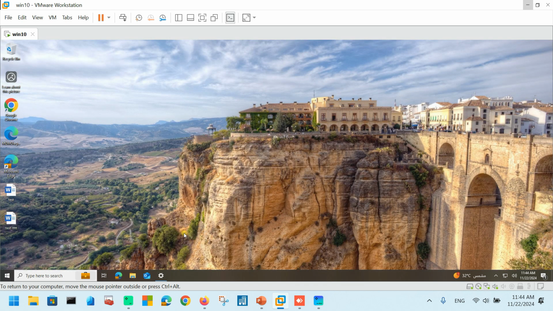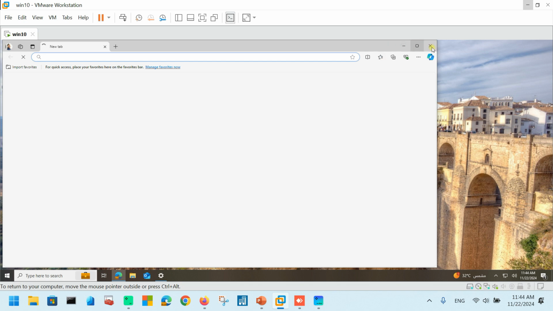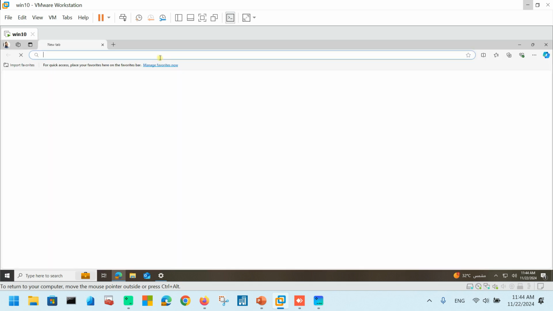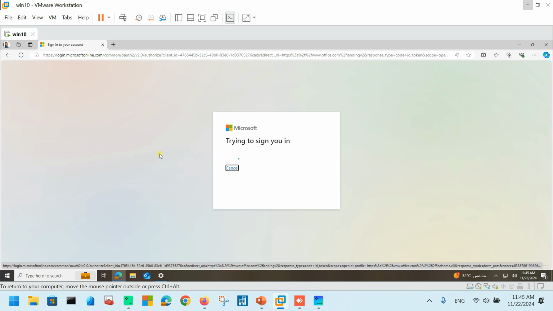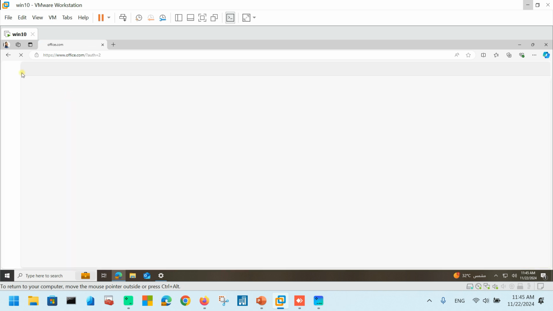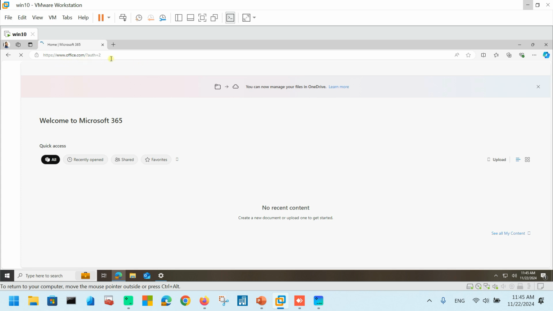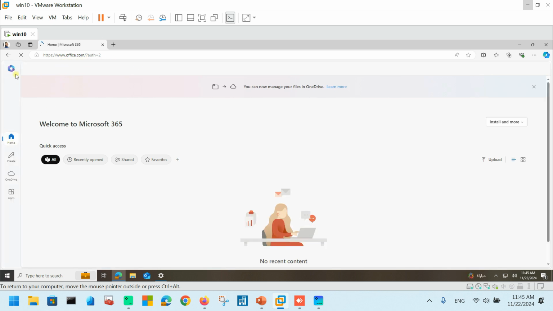But can a non-compliant device also access company resources? Let's see. We open the Microsoft Edge browser, go to office.com, and sign in. Then go to SharePoint. Here you can see the user can access office.com, and they can also access SharePoint and all the